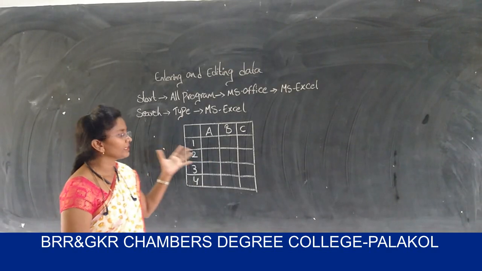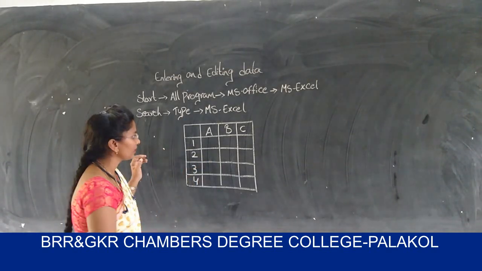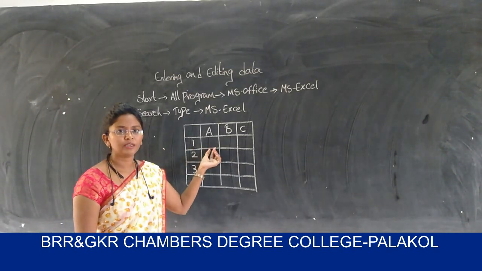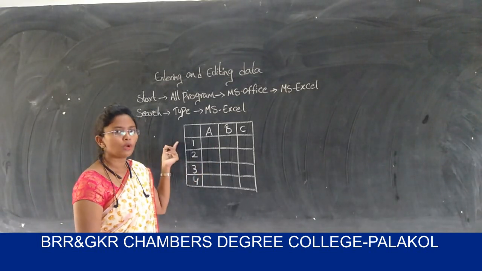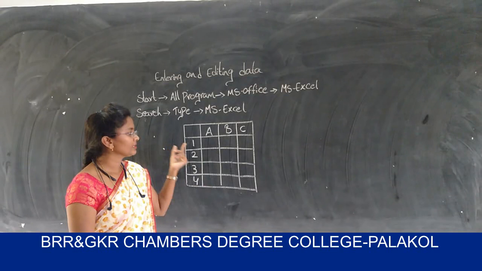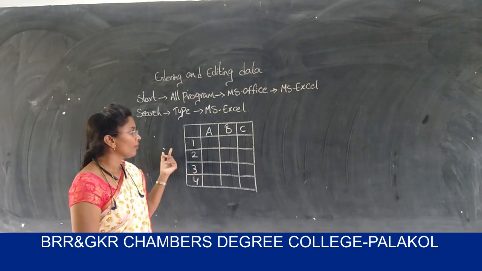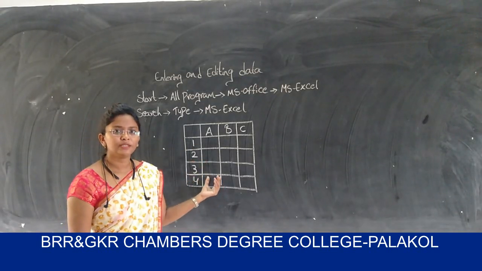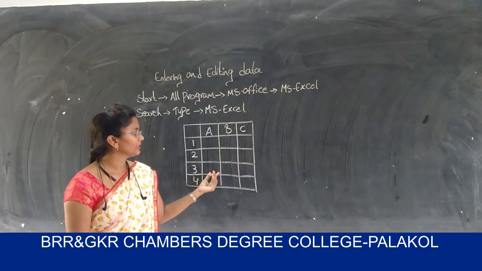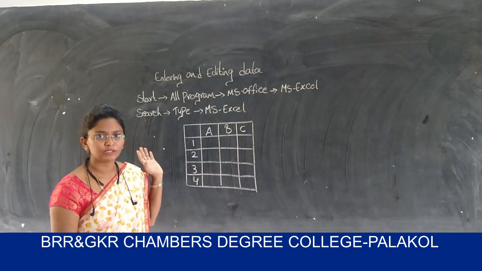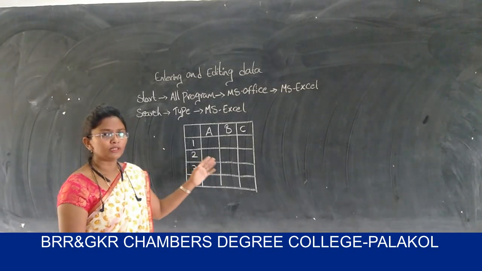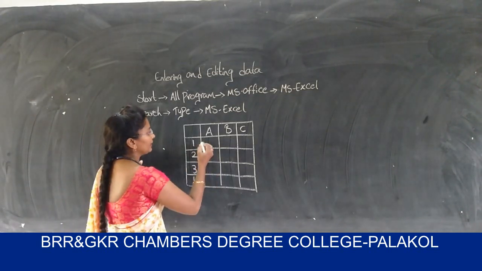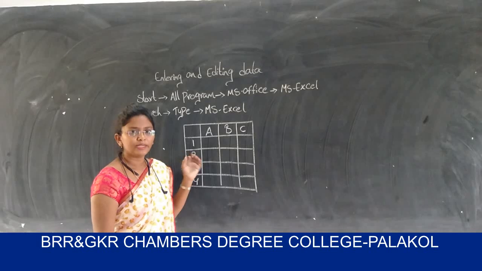And then after taking the Excel sheet, I have to enter something in the Excel sheet. If you want to save this Excel sheet, go to the Office button and then you can save the Excel sheet, or you can enter some data in the Excel sheet, then after completing the data you can save the Excel sheet. There are two ways. Whatever you like, you can do it in this Excel sheet. And I am entering some data in this Excel sheet.